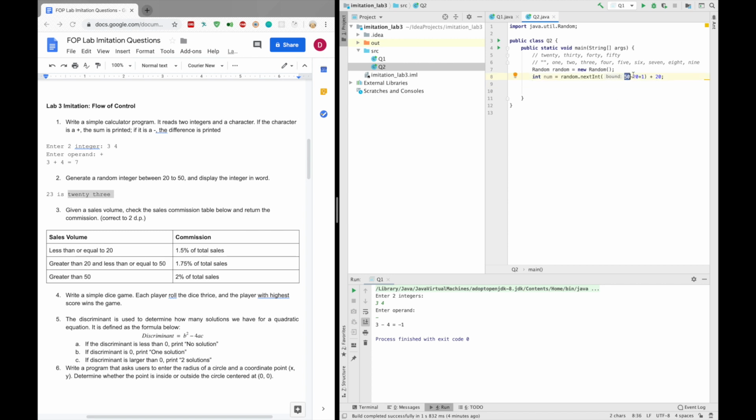We just take the largest number minus the smallest number plus 1 in order to generate the numbers between this range, and we plus 20 at the end. So given that number, we are going to check for the digit 1, which is number divided by 10, and for digit 2, it would be number